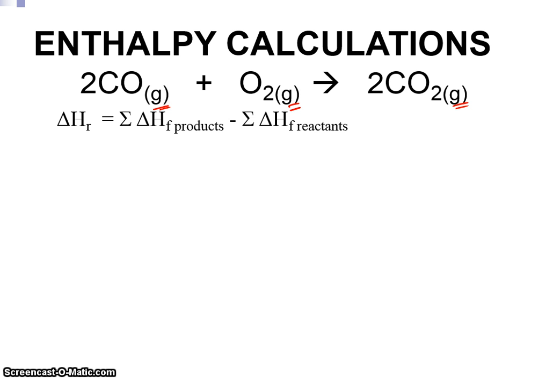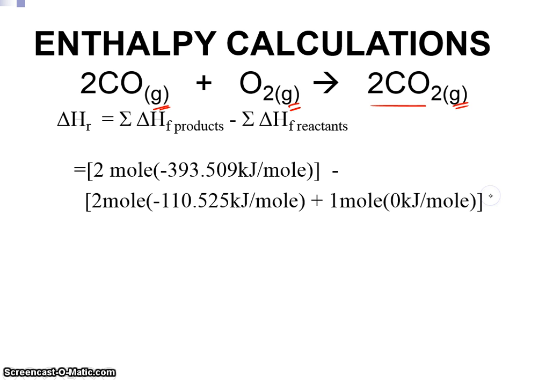So we're going to look up our products. We only have one product, it's CO2. And so here is our problem. We have 2 moles. This 2 relates to this 2. And then this is the value off of the table. And so we're going to go 2 times the value that's associated with that number. And it's nice to put this in big square brackets to keep it organized. Minus the sum of the enthalpies of the reactants. And so here we have this 2 goes with this 2 times, and this is the value off the table,